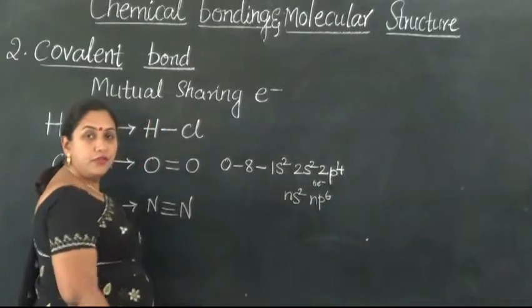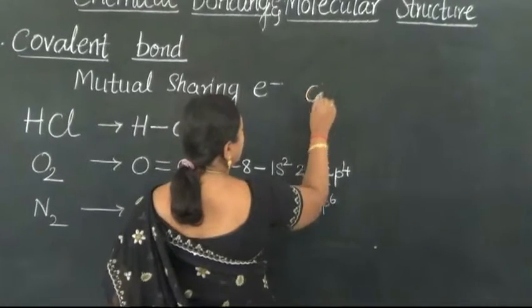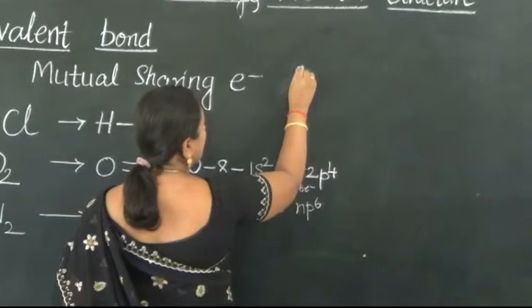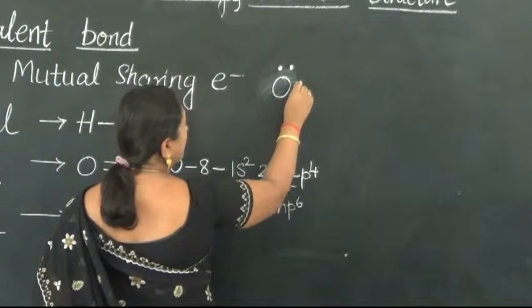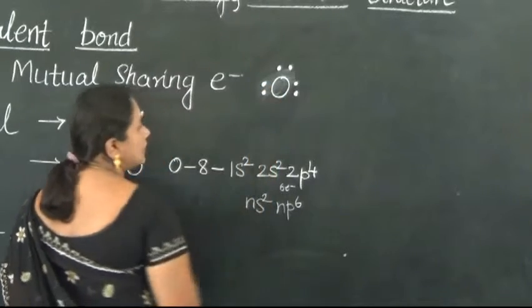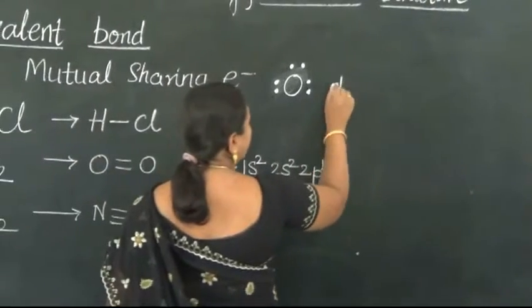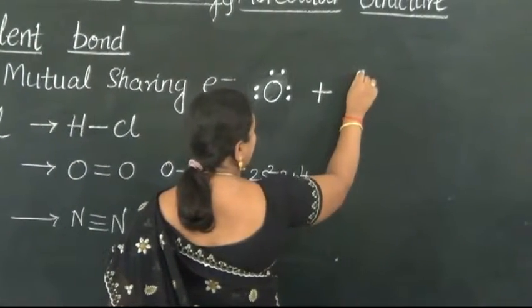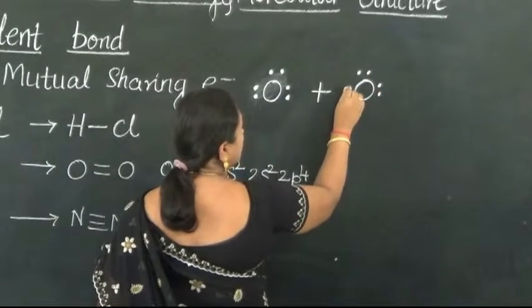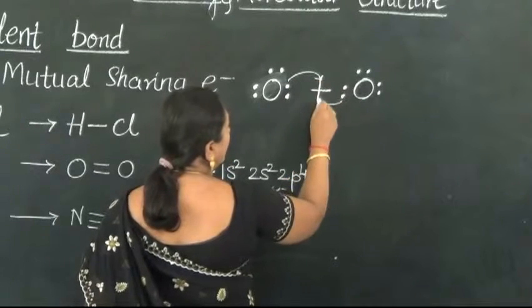So whatever is true for one atom of oxygen will be the same case for all the atoms of oxygen. So let us write the Lewis electron dot structure for this to understand how this covalent bond is being formed between the two atoms of oxygen. So 6 dots around the oxygen atom, and another oxygen atom also having 6 electrons. So now they both donate the electron to a common pool.